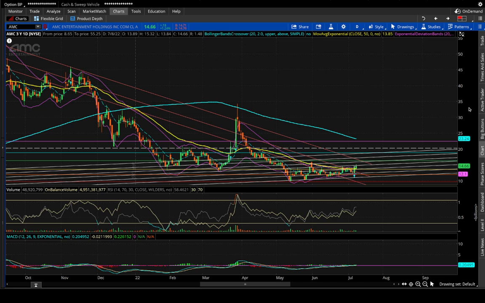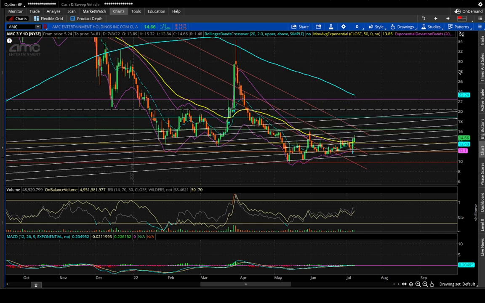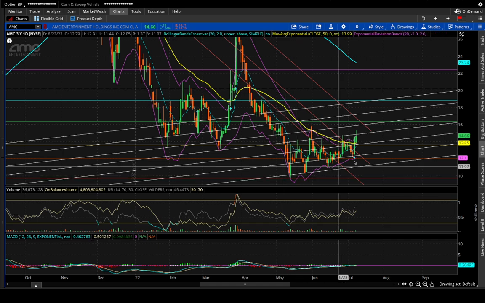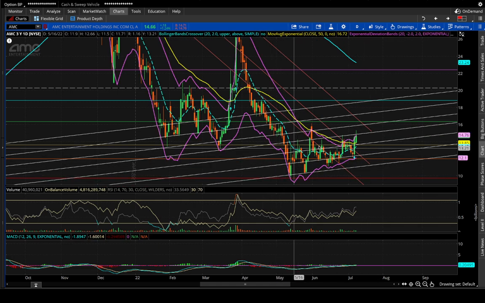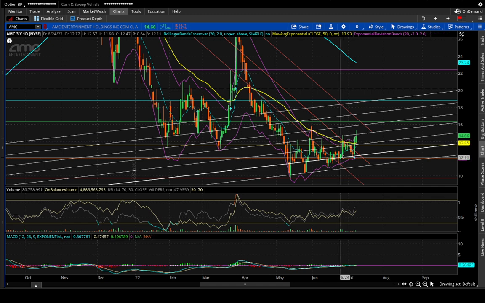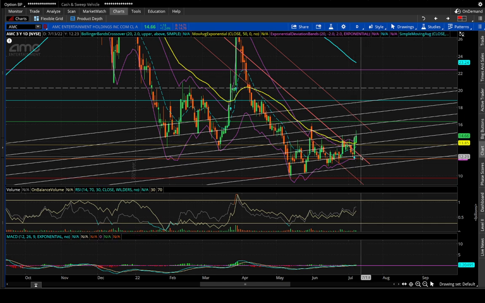But I do want to show here why it's so significant that we broke this line and we also broke the 50 EMA. So getting into this, you'll see this uptrend that we continued to hold, and how accurate these lines can be on the daily candles in regards to respecting them or treating them as support. Well, when we tested this up here, we're coming off the bottom, so it's going to be pretty hard to break this regression channel and the 50 EMA without some major volume kicking in, and we got it. We got the strong volume, but we hopped from this bottom trading range, broke through this one, tested the top one, and they just used this regression line to hold us under here.